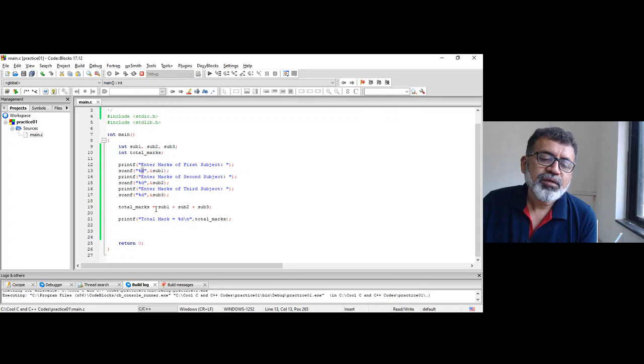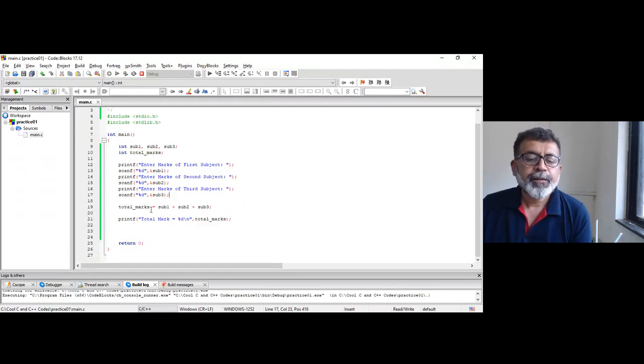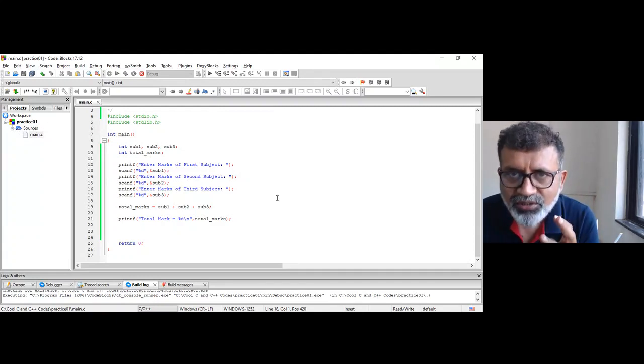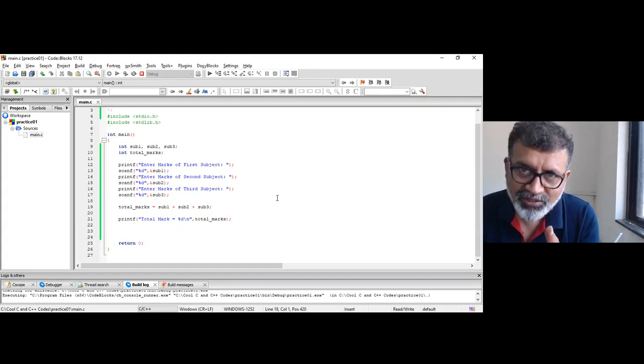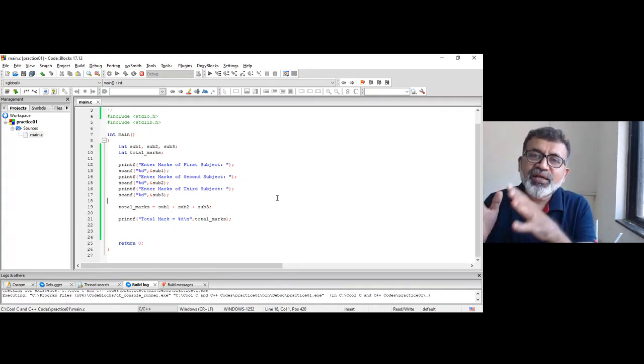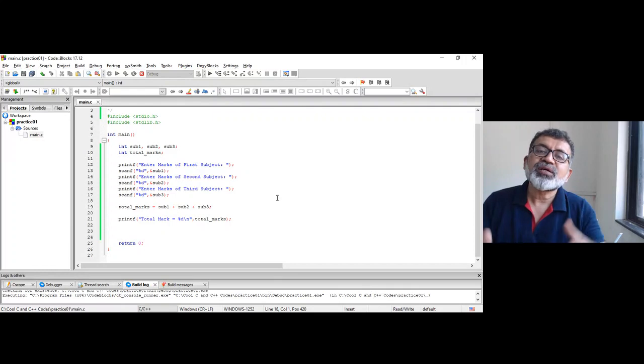Now, here, this is the left hand side, right? So the variable, or constant, or the value of the expression on the right hand side is assigned to the variable on the left hand side.